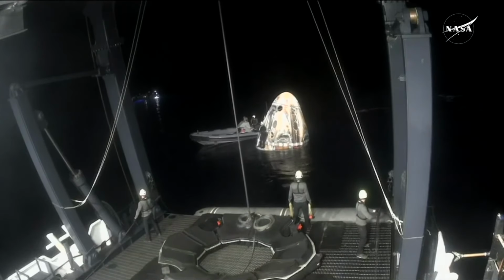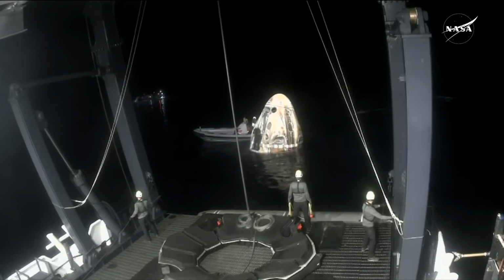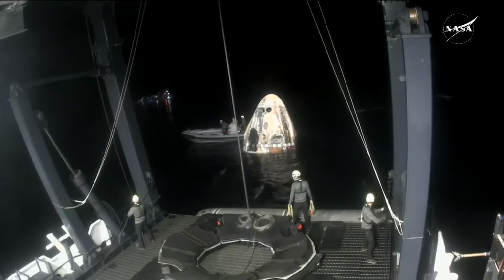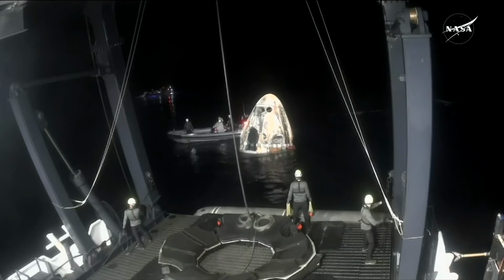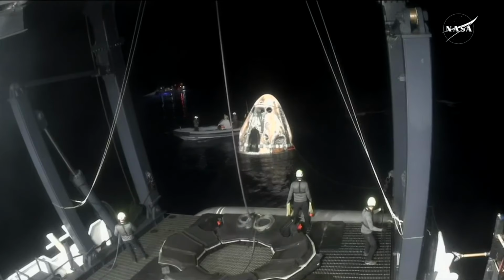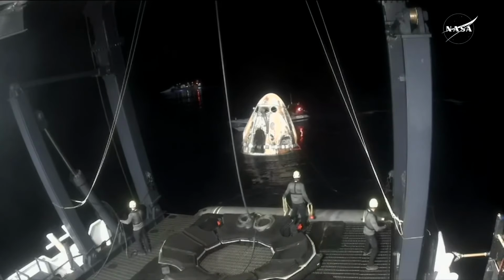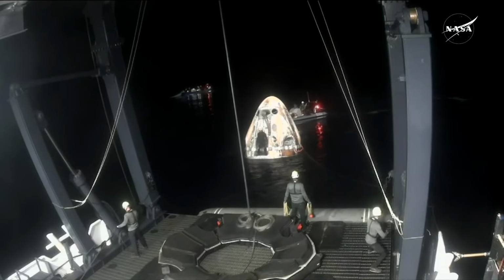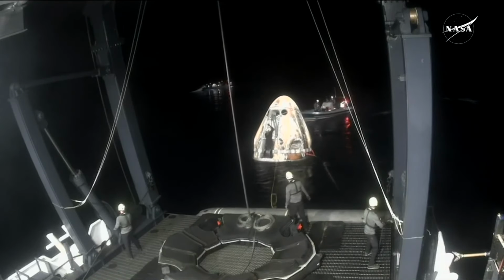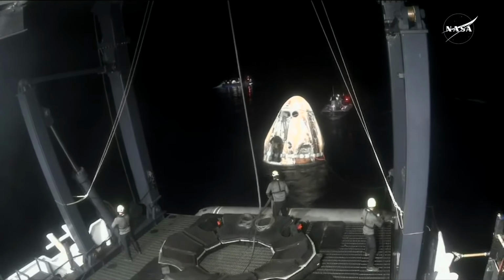It looks like the rigger is still on Dragon, if I'm seeing that correctly. Yeah, they're standing in the bay where the main parachutes were housed prior to being deployed. That's right, and it looks like that rigger this evening is Troy Werner, so we might get the opportunity to see him as he jumps off of the spacecraft, which is Kate's worst nightmare. Yes. I feel things for that individual when I see them perform that, and it's really admiration that they have the bravery to do that, especially at night. Yeah, we can see him standing there in that bay where...